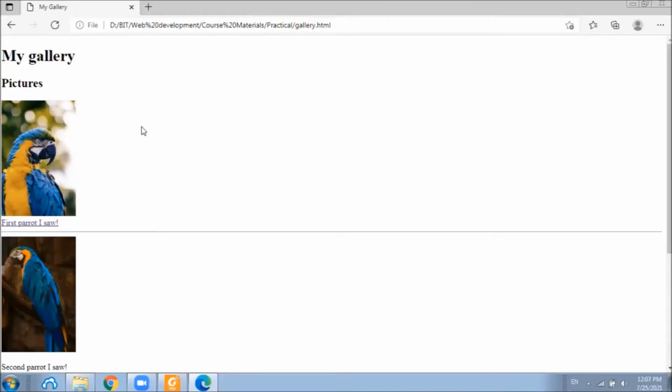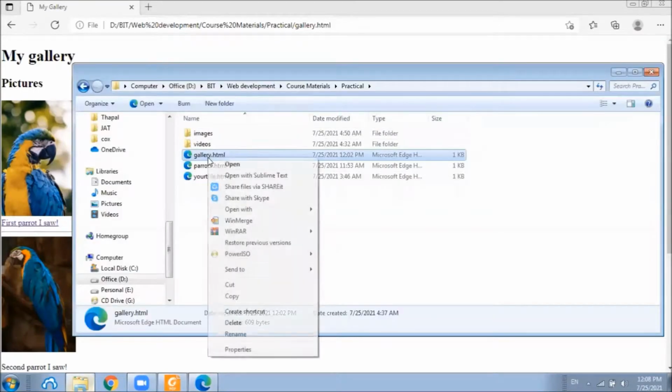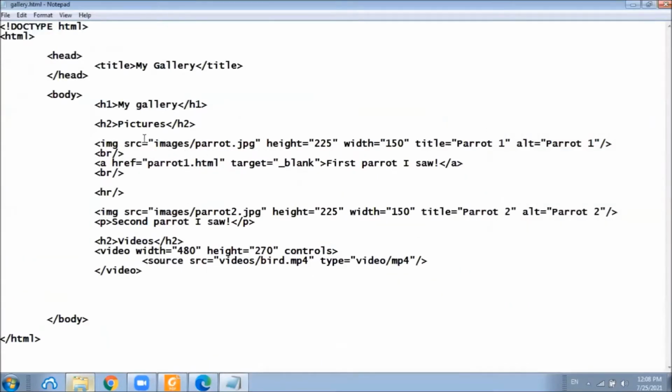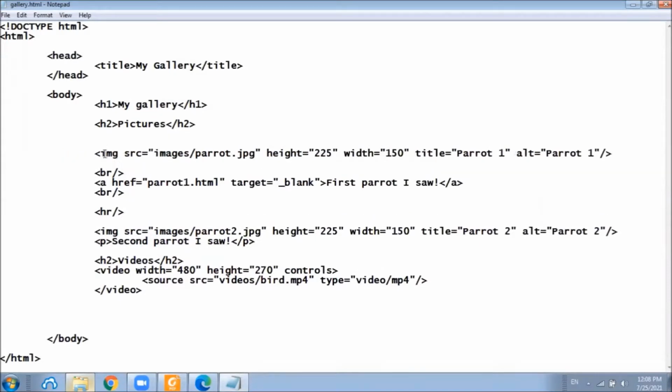How can we link this image to do the same thing? Let's open our gallery page and we can nest this image tag inside our anchor tag. We'll create a new anchor tag.